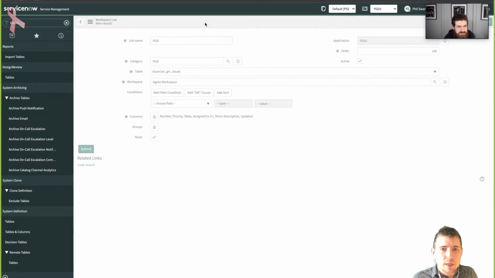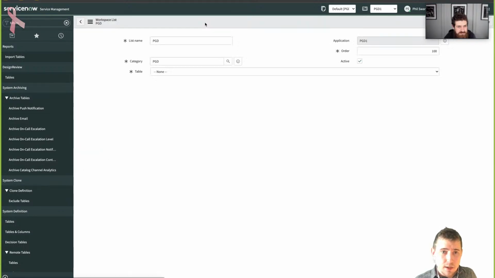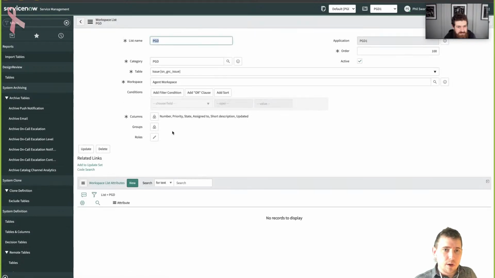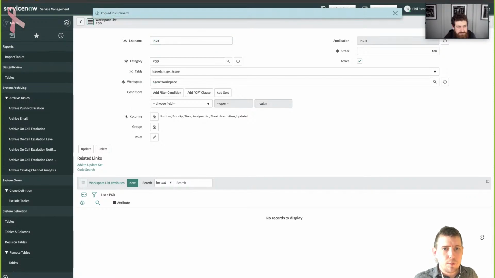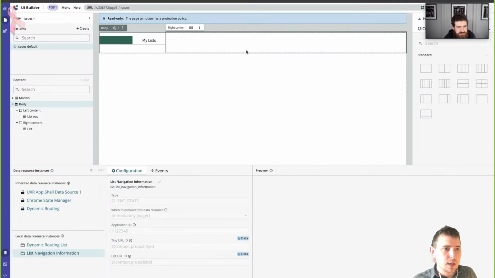So I'm creating a workspace list. I think then that workspace list should be my ID. So if I can copy that sys ID. And Servos has just asked, what is the dynamic routing list and when should we use it? So